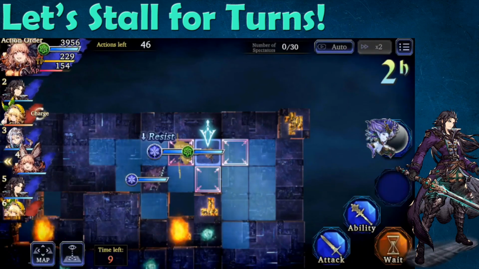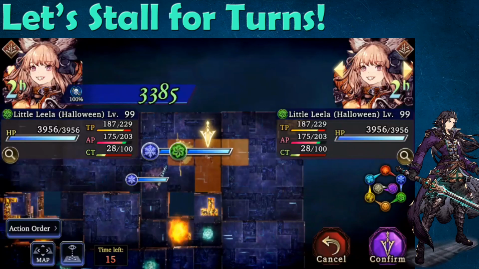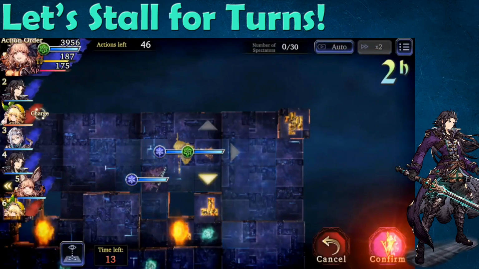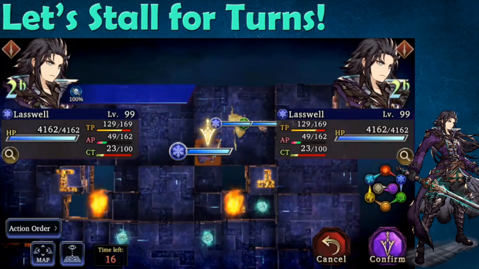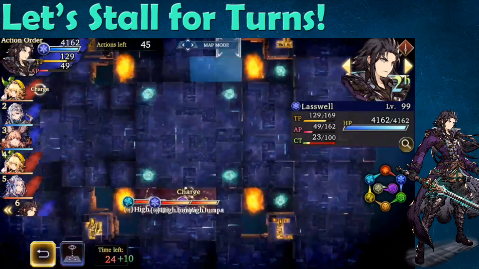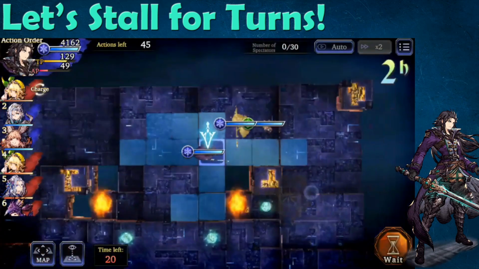That's also going to play a pretty big role because, as I mentioned in the previous match, I try not to use Halloween Little Leela as an attacker in these teams. Her main role is as a healer from the back line, so we're kind of forced to use physical attacks, and we did not bring anyone that can break barriers on our team this time around. So Lasswell uses